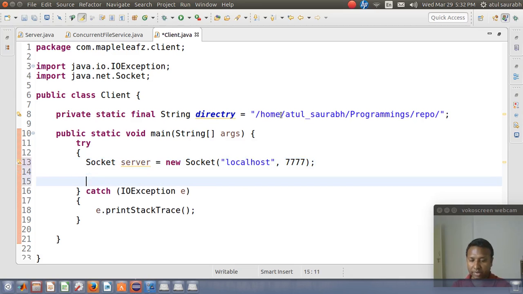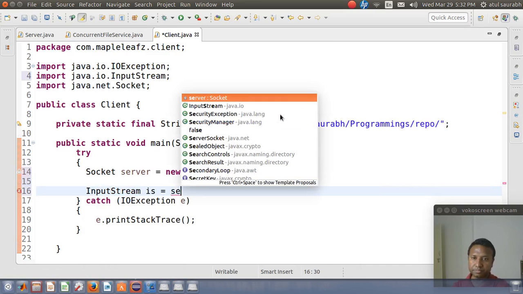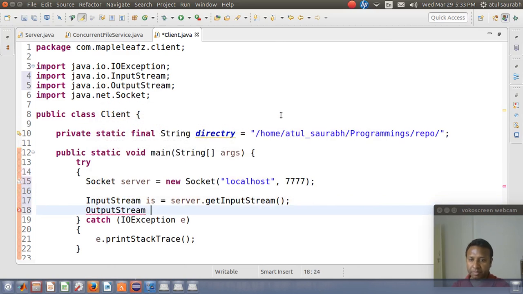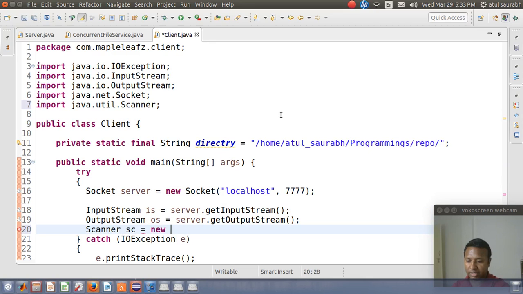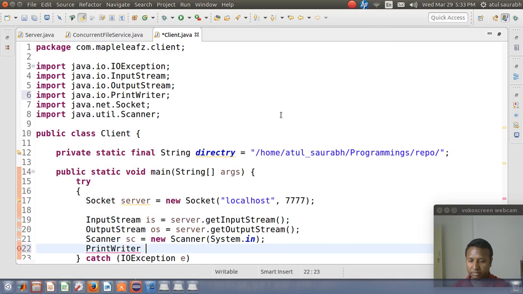After specifying the port, we require an input stream, an output stream, and a Scanner class equal to new Scanner, specifying System.in, and a PrintWriter, new PrintWriter.